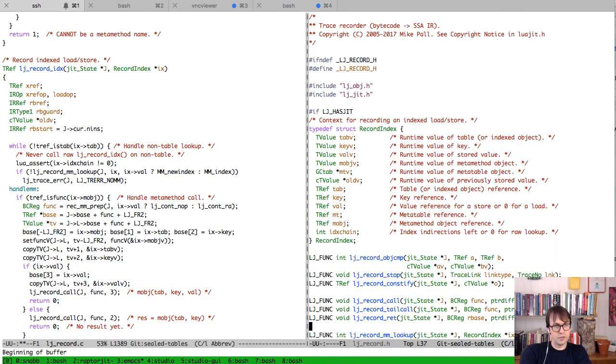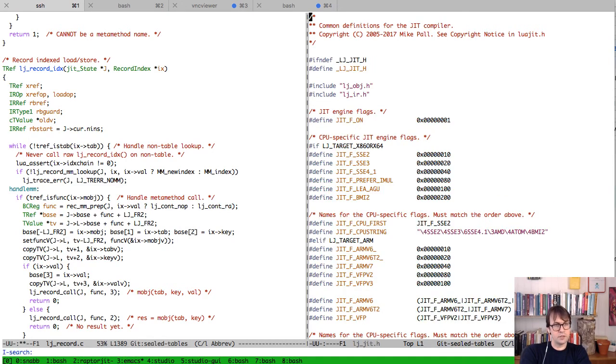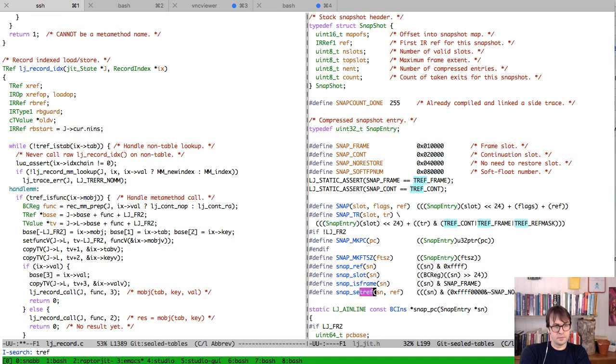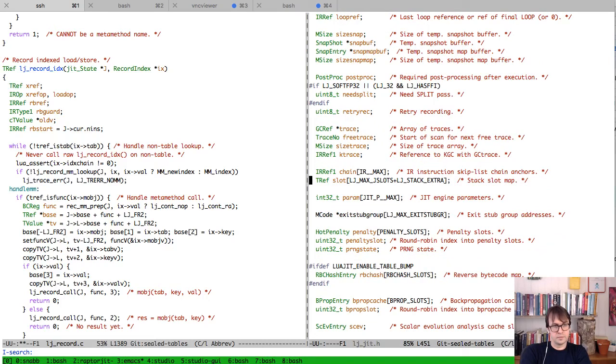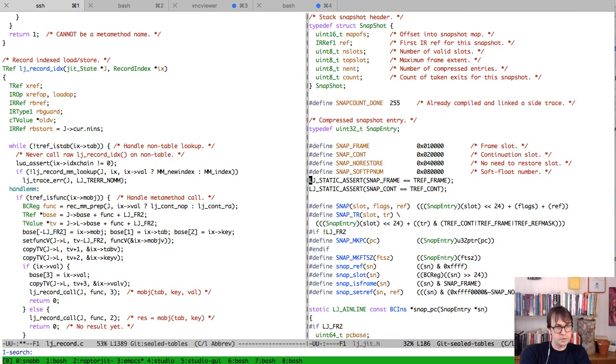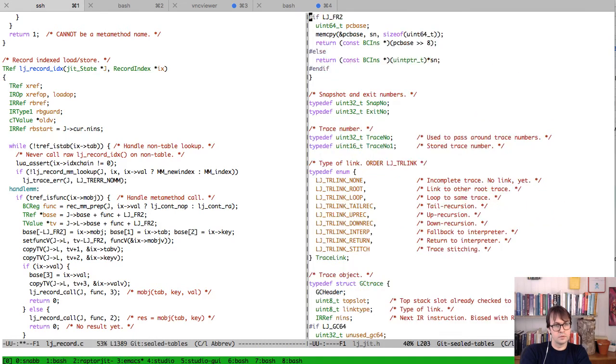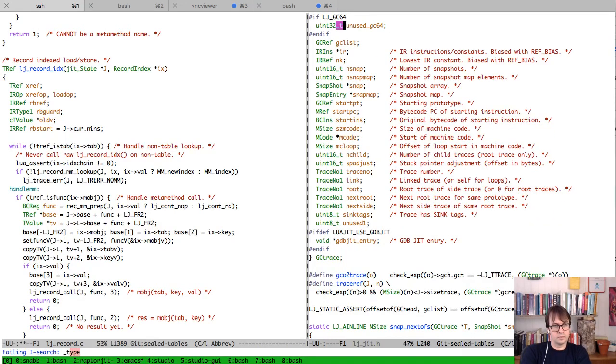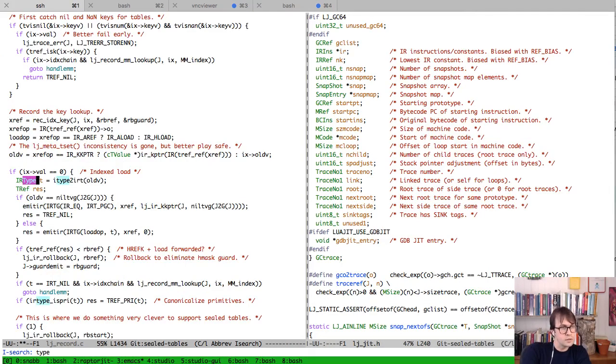There are surely some macros for manipulating trefs. They're probably in ljit.h. Probably called tref underscore something. No, they're not. Let's see if there's somewhere else that we are. I typed. Okay, so